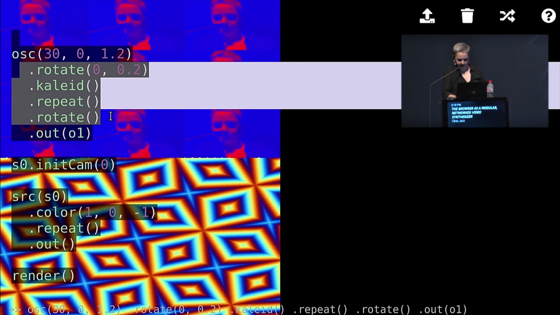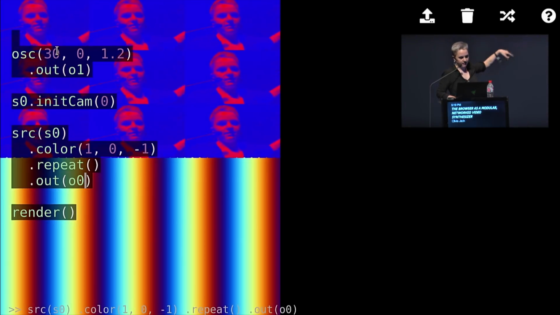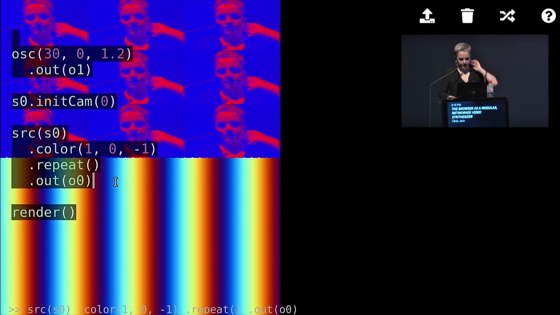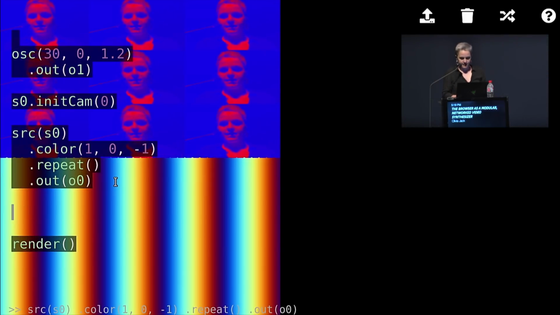And I'm going to simplify this a little here. So here I'm sending the camera to the first output, or O0, and I'm sending the oscillator to the second output.